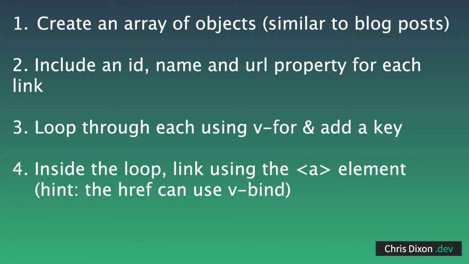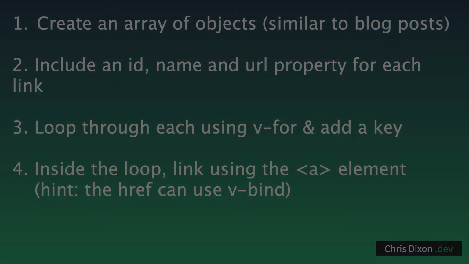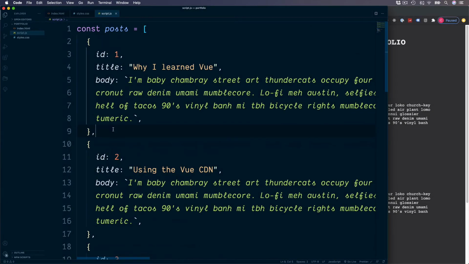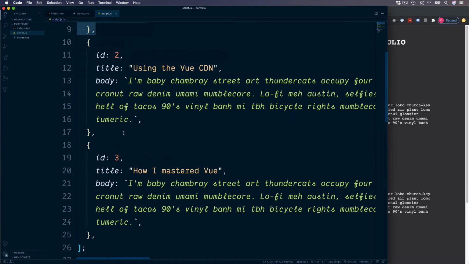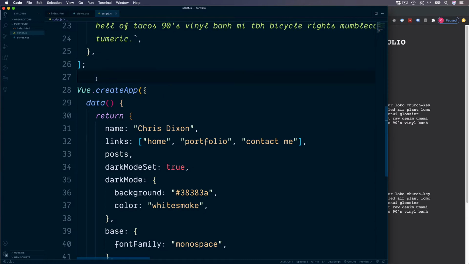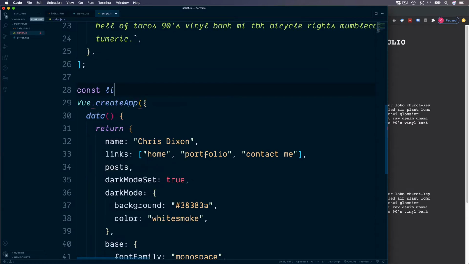Okay, I hope that went well for you, and I'm now going to complete this challenge and show you my solution. Starting with number one, which was to create an object containing all of our links, just like we did with the blog post. Outside of the view instance, our constant for our links,